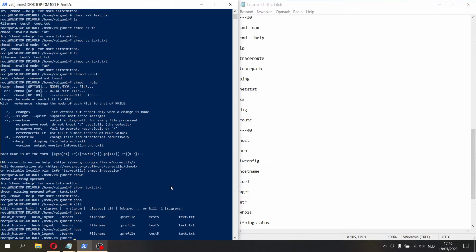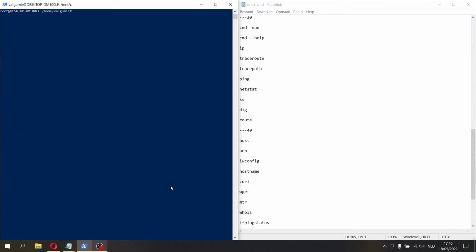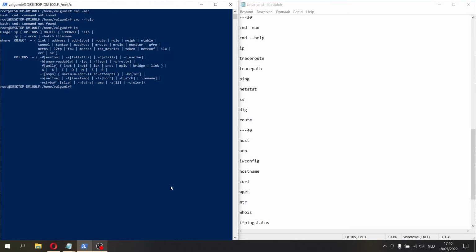Oh, bash, okay. Clear. Man, according to this command, but that does not work. Command help. Help, ifconfig. Help, tunnel, netstat. See a lot of commands you can use with this for all kinds of things like route. Basically the route to